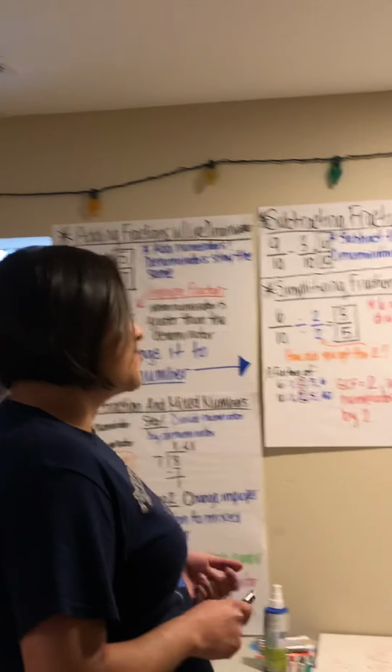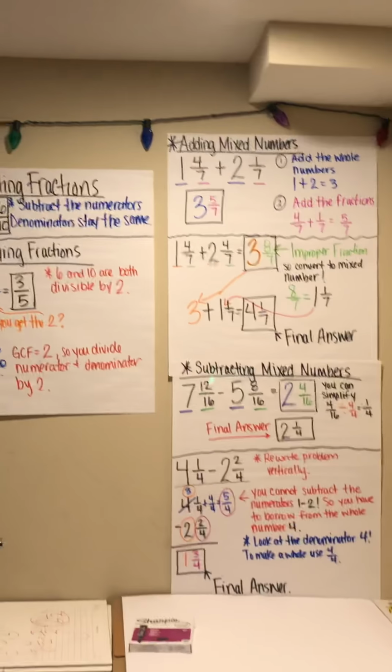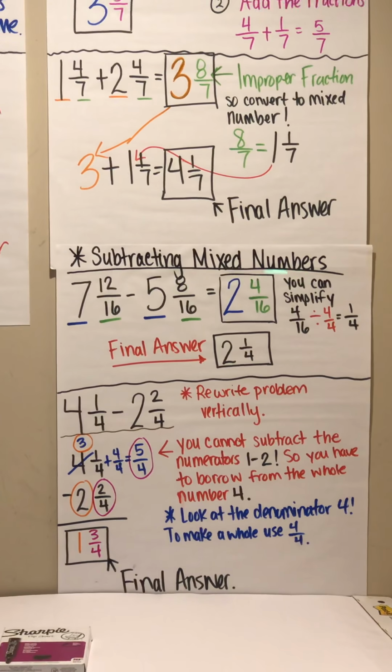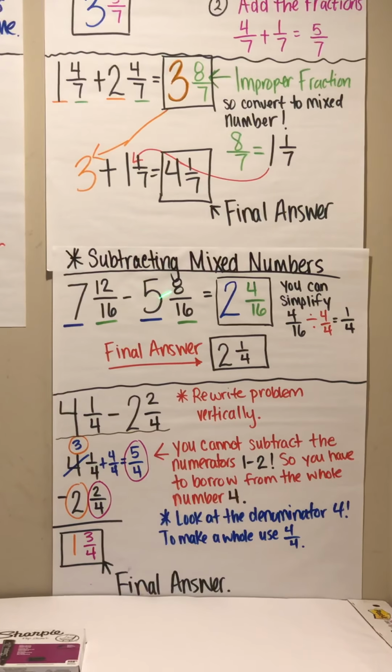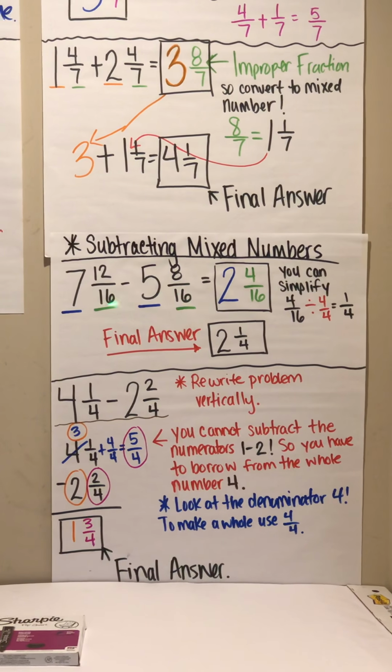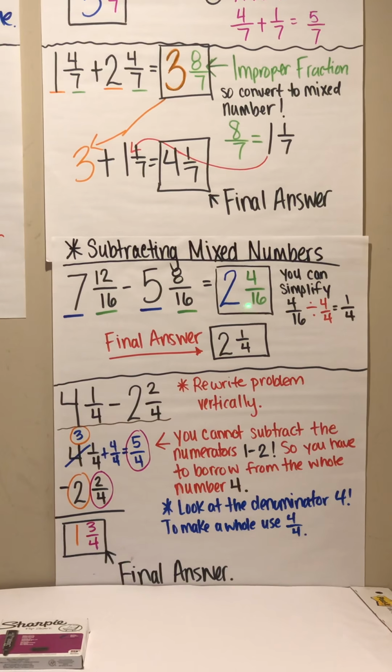Okay? All right, now let's go over subtracting mixed numbers. 7 and 12/16 minus 5 and 8/16. This one's pretty easy. 7 minus 5 is 2. 12 minus 8 is 4. And the denominator stays the same. But once again,